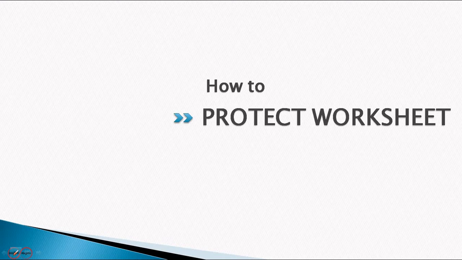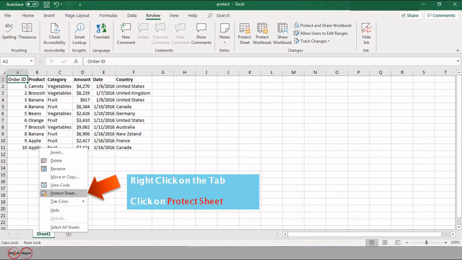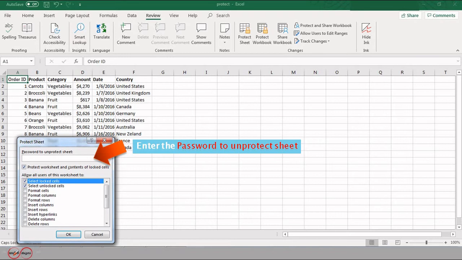We'll see how to protect a worksheet. To do so, right click on the tab, click on Protect Worksheet. Now enter the password to unprotect sheet. We will use the password 1234.